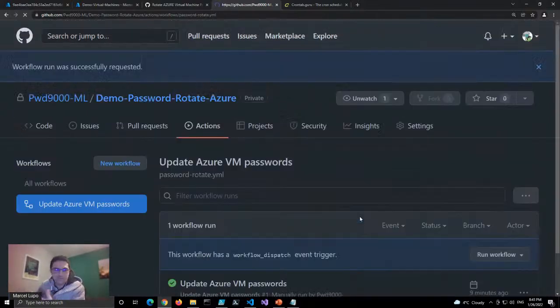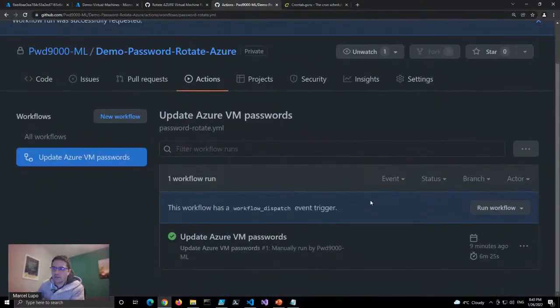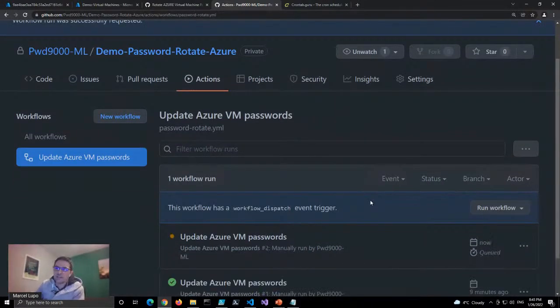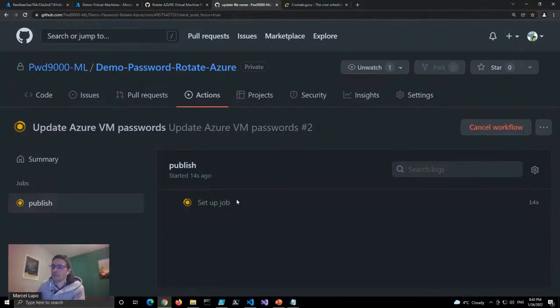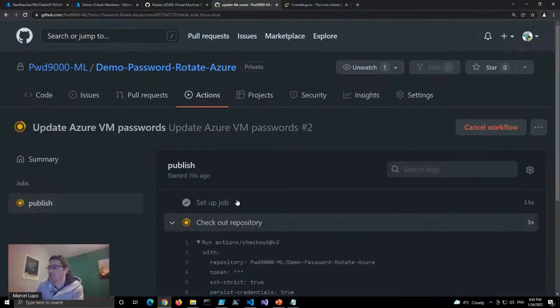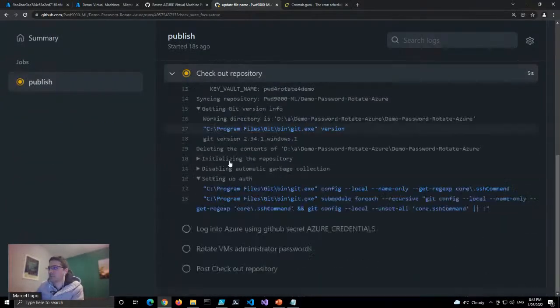We're going to run this again manually, and it's just going to loop through all our servers and change the password. So no more panic, IT security people running around changing passwords. You just come here, you press the button, and you go for a coffee, and that's it. But let's take a quick look now at one of the servers actually being off and the other server